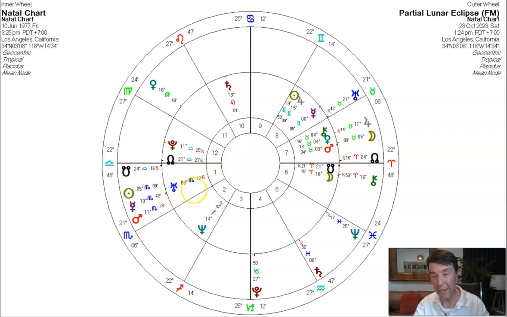Here we have Uranus. Now, here are two planets that are just transiting on that day. They are very quick moving planets. They're going to be gone very soon after that. But on that day, they were very, very close to Uranus. So we also have Mars in Scorpio over here, and we have Mercury in Scorpio as well.